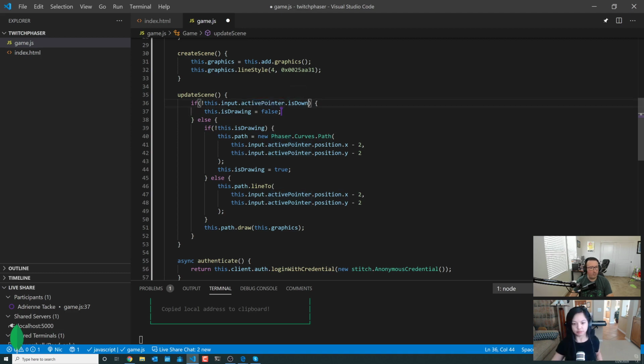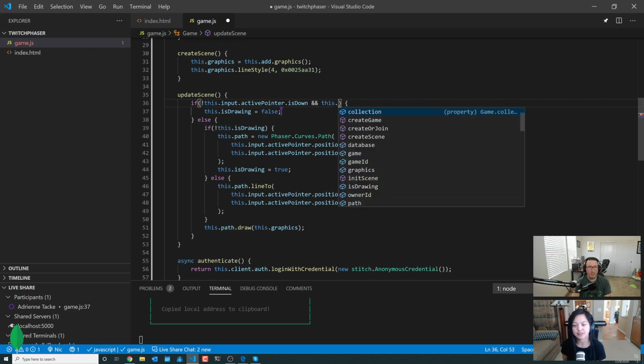One thing that I noticed that we didn't do here, and I think it would have a negative effect, is not only do we want to check to see if the cursor is not down, but we also want to make sure that we were currently drawing. Because if we were to run our code, this chunk is always being called as long as we're not pressing our cursor down. And we don't want to do continuous upserts or updates. It's unnecessary. Right. We want to be sure that we're finished drawing, and it's just overkill to continuously do this. I mean, you could. I guess you can test out the strength of your browser and your database, but not necessary.